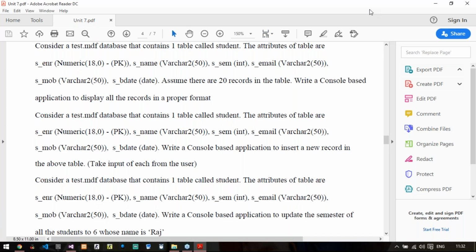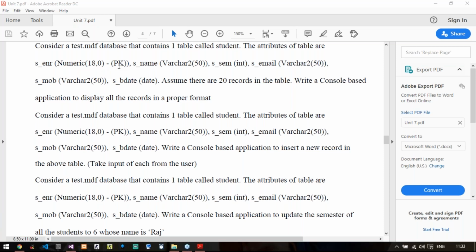The attributes of the table are s_enr, that is numeric 18,0 type, PK means primary key, s_name varchar 250, s_sem integer, s_email varchar 250, s_mobile varchar 250, and b_b date. Now assume that there are 20 records in the table.